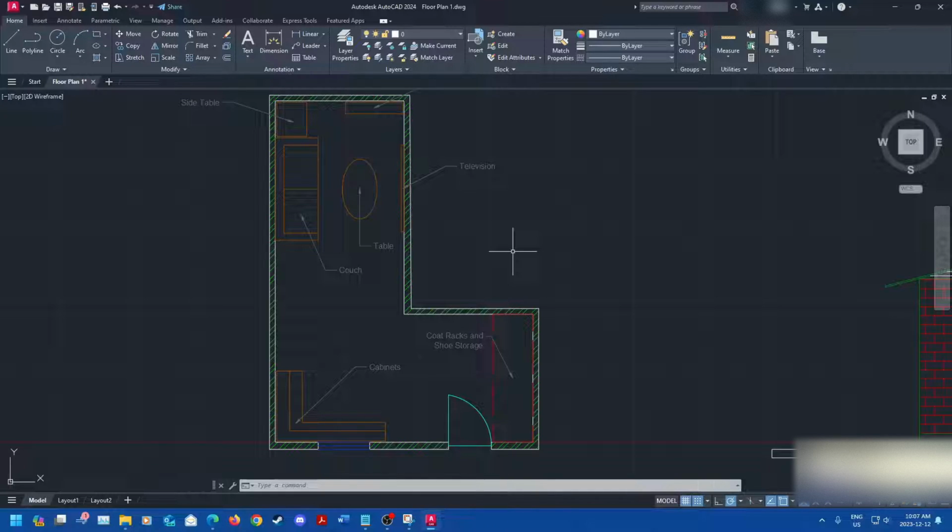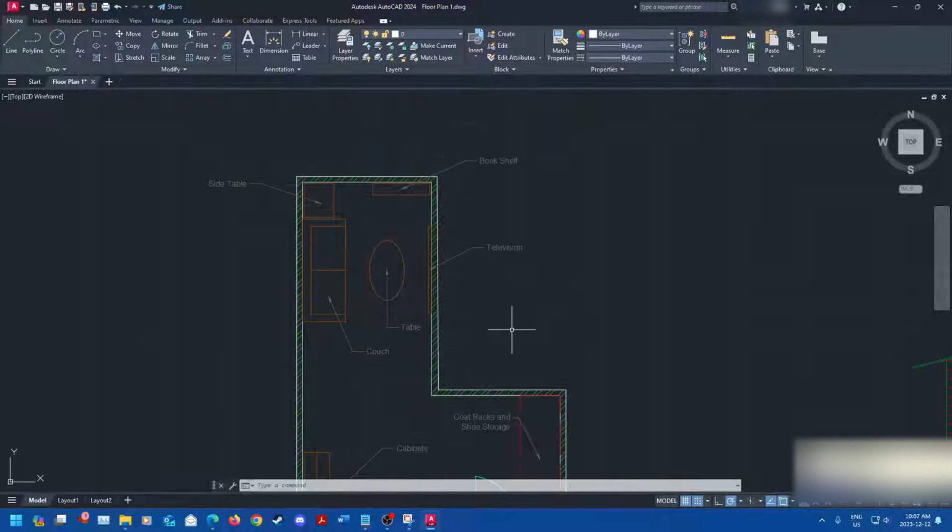With that said, let's get into this. So what you're going to notice here is I have a drawing. I have no dimensions on it. I actually have the layer frozen that has my dimensions on it, just so I can show you guys how dimensions work. So the first thing you're going to want to do is